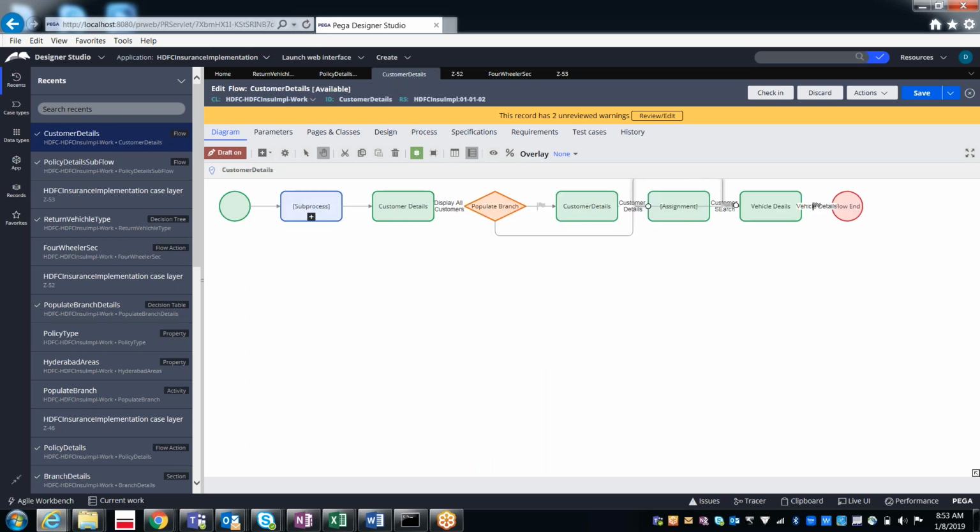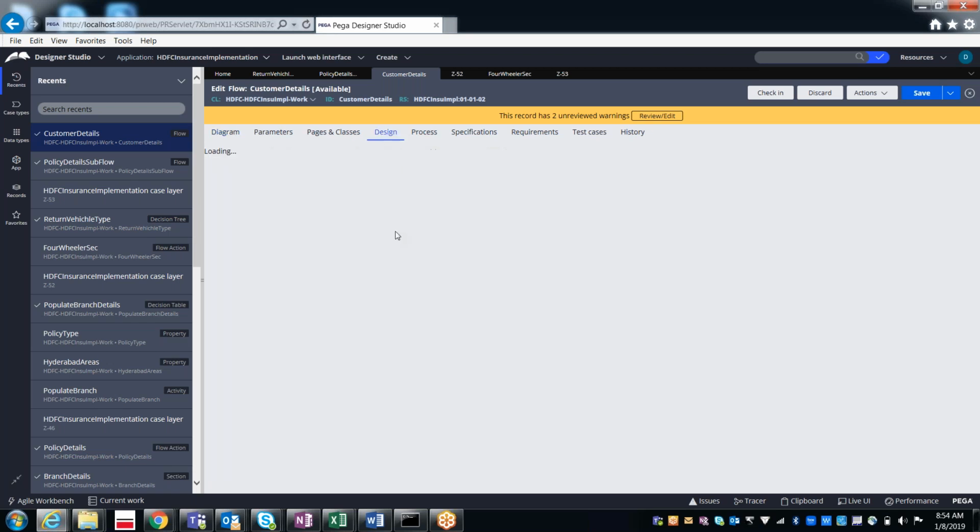If you want to apply that local action for all the 8 assignments, you need to go to each and every assignment and apply the local action, which is time consuming. That is the reason why I don't want to waste that much time just for adding the local action for all the assignments in the flow. So in that case what we can do is